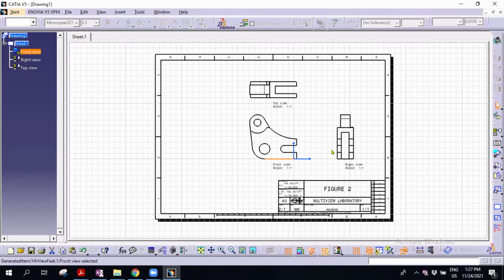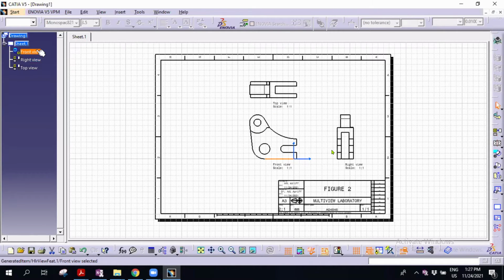That is how you put the front view, top view, and right view.